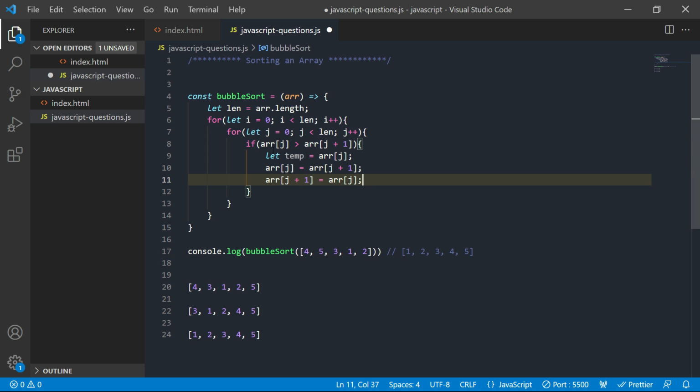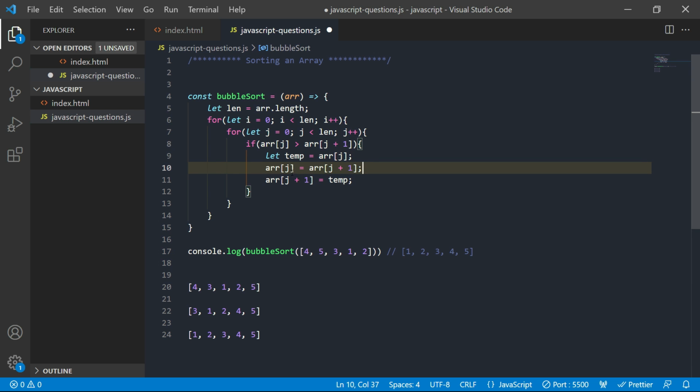So what does it do? When this loop has started, and after checking this condition, the array of j value is assigned to this temporary variable. After that, we are assigning array of j plus 1 to array of j, and the temp variable value we are assigning to array of j plus 1.